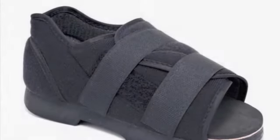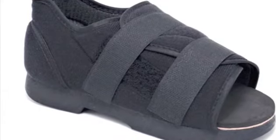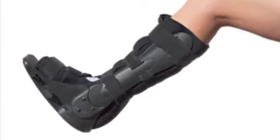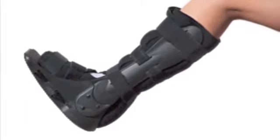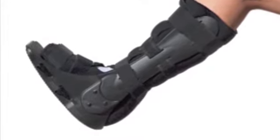Whether you have a surgical shoe or a surgical cast boot, if you're allowed to put weight on it, you should try to match the same height of shoe on the opposite side to avoid imbalance that can lead to hip and back pain. The cast boot heel can sometimes be quite high, so you may want to try a clog type shoe or a wedge heel or a tennis shoe with a generously padded heel on your opposite foot